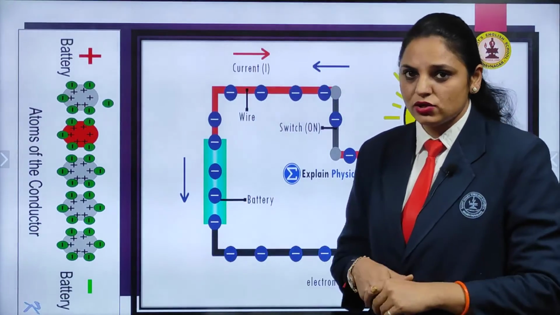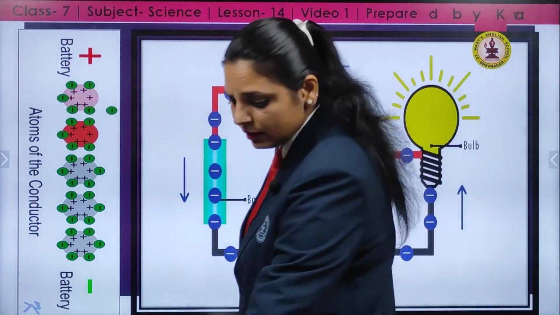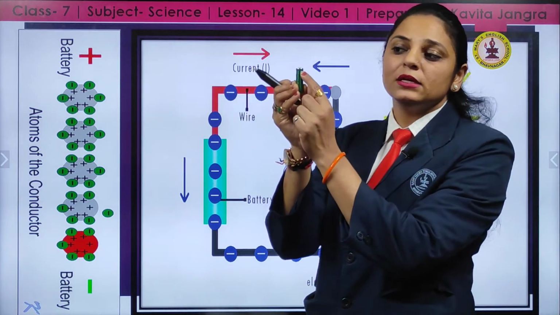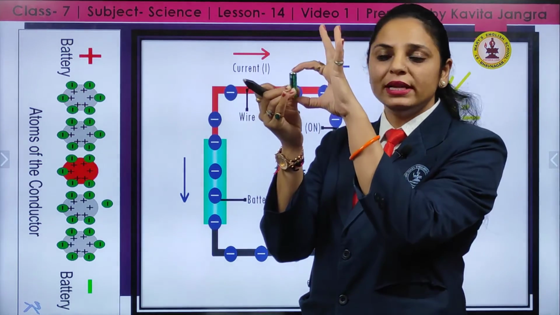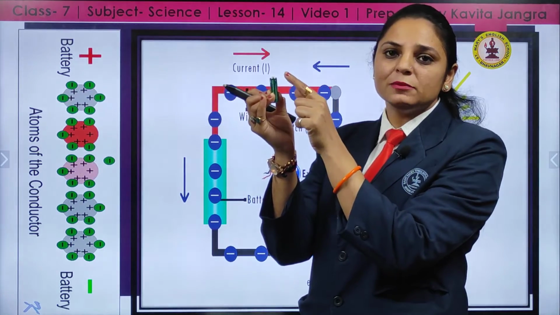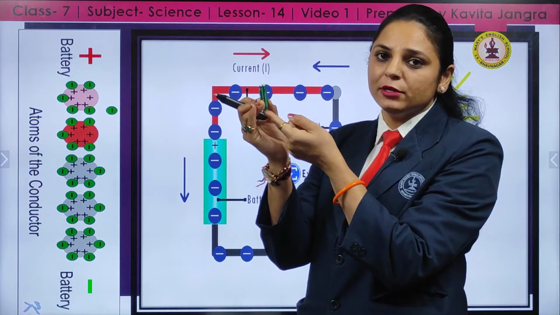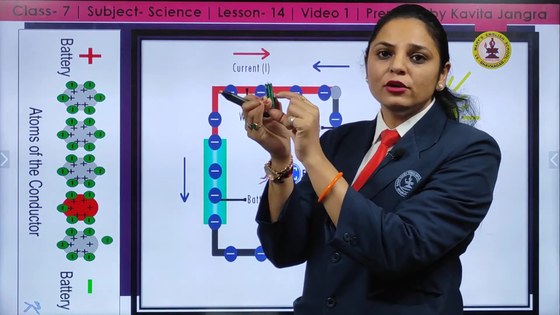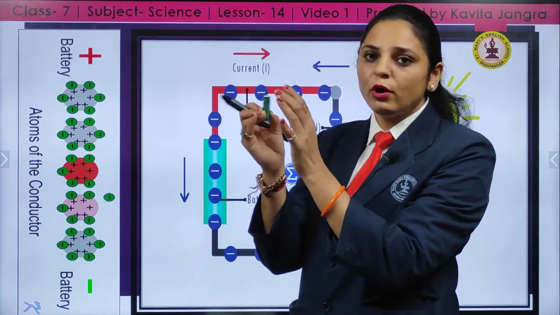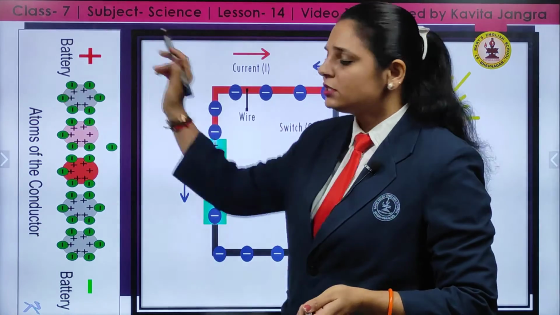As we are talking about electric current, as you can see, this is the battery. In the cell, two ends are there: the metal cap and the metal disc. The upper part, the metal cap, is the positive terminal and the metal disc is the negative terminal. The concentration of electrons is near the negative side. So ultimately the electrons are flowing towards the positive side.